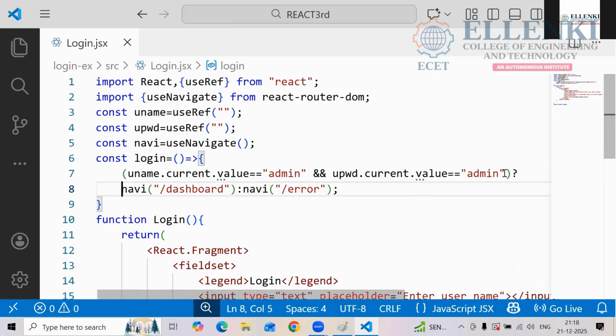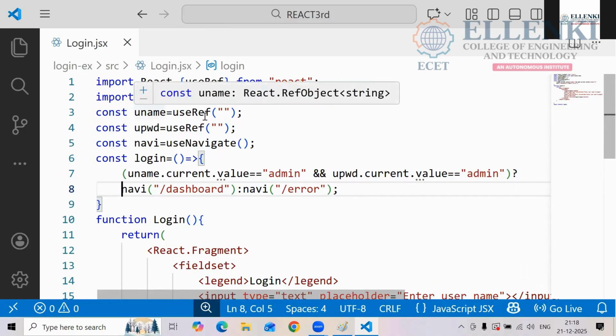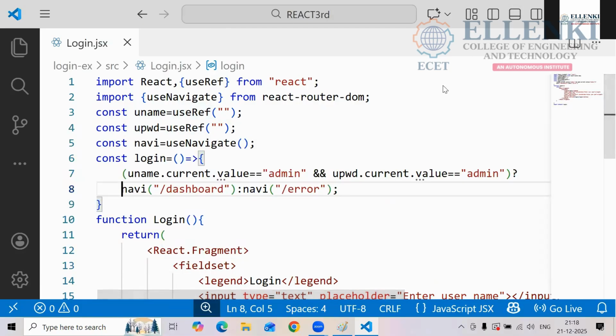ఇప్పుడు క్లియర్ గా కనిపిస్తుంది. Yes or no? So this one we are calling as what? Conditional rendering we are calling. This is the conditional rendering. So you are giving these references. Yes or no? Here whatever data I am entering, this one will be